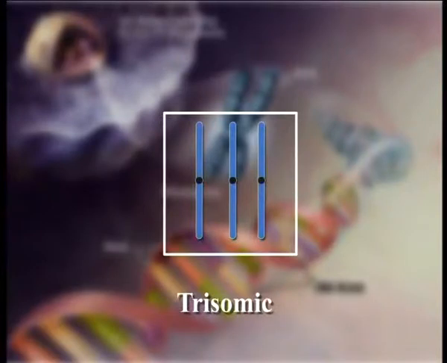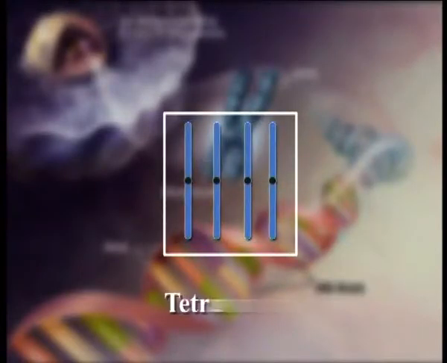Trisomy involves a single extra chromosome, that is, the cell has 3 copies of one chromosome type and 2 copies of every other chromosome type. Tetrasomy involves an extra chromosome pair resulting in the presence of 4 copies of one chromosome type and 2 copies of every other chromosome type. Such aneuploidy arises if non-disjunction occurs for the same chromosome in meiosis in both parents, producing gametes each with 2 copies of that chromosome and 1 copy of all other chromosomes in the set.